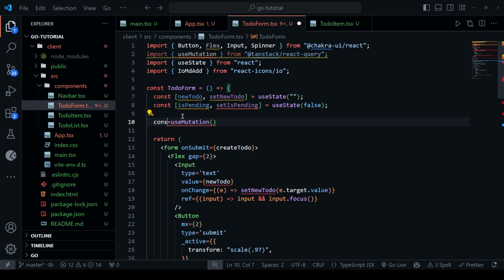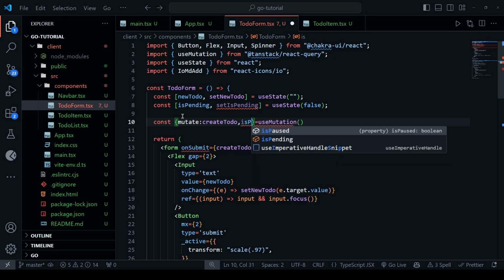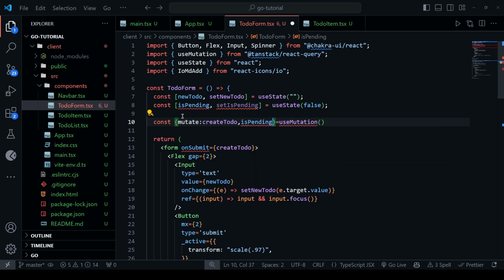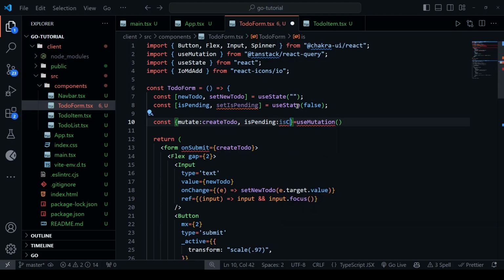And I'll say const, this is going to give me a mutate function, which I would like to call as create to do. So this is how we would rename it. And then is pending state, where I would like to call it as maybe is creating, or we could just leave it is pending in this case. It is just preference, but I would always like to go with some kind of a custom name so that I could just know what is going on. Is creating,